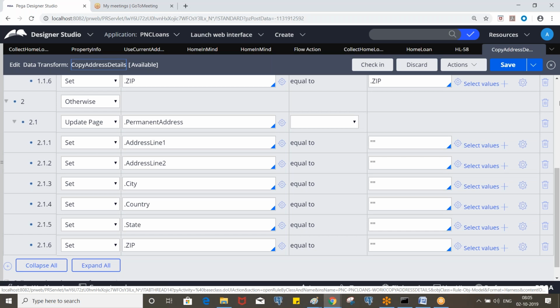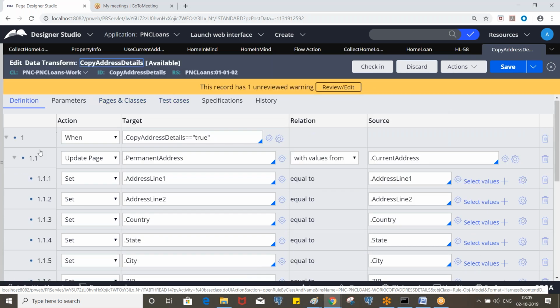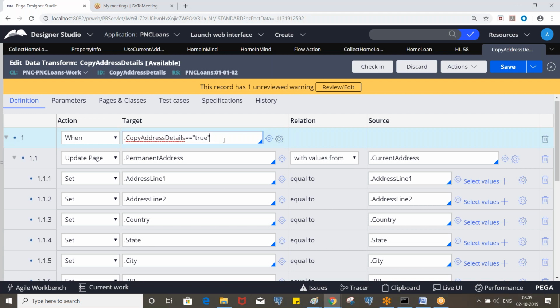If you want to handle it in the same activity, you need to put one more condition.